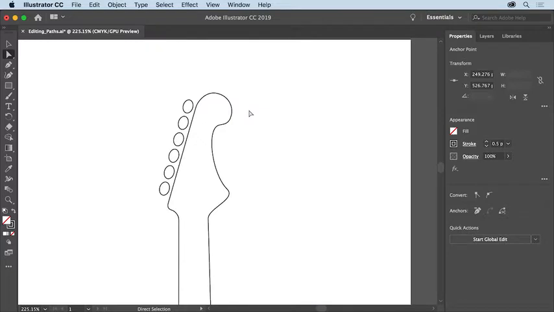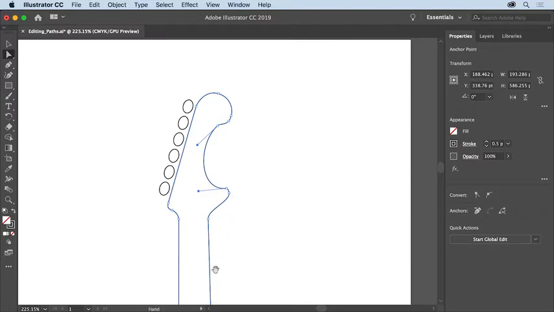Now the Direct Selection tool can also select and adjust paths. So move the pointer over a path and click to select it. With the pointer over the path, you'll see this curved arrow, which means you can reshape the path by dragging. So drag this curved path to try to reshape it. Now you'll move to another part of the artwork and see how dragging a straight path works.